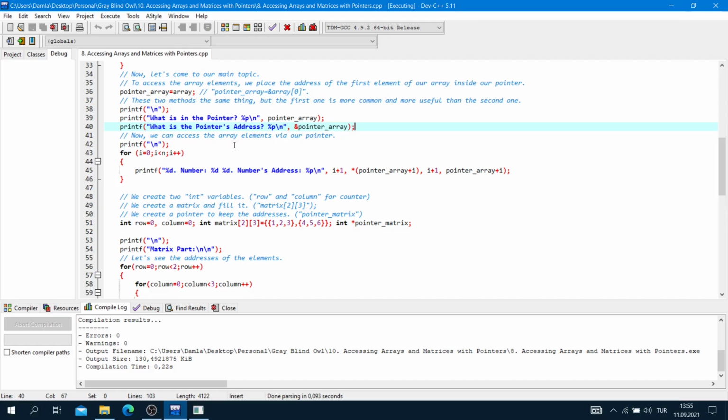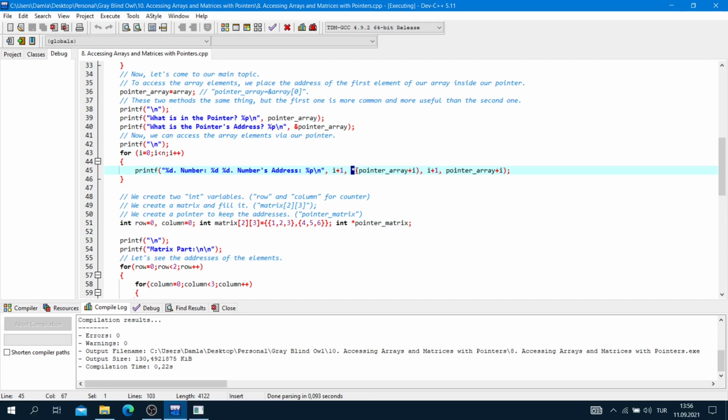Now we can access the array elements via our pointer. For i is equal to 0, i is less than n, i plus plus. Printf percent d number here, i plus 1, and number is equal to percent d. So here, be careful. Star, brackets, and pointer array plus i.